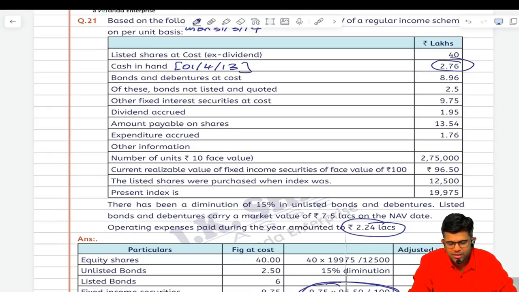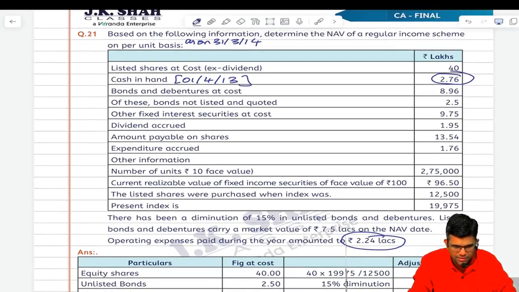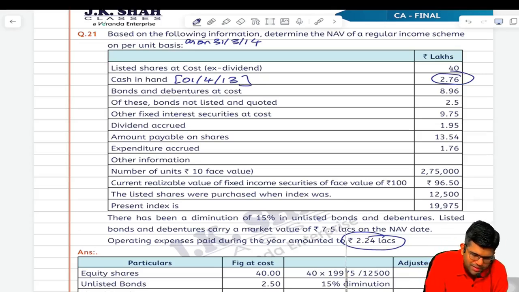Okay. So in the notebooks, just write question 21 solution in textbook, and below that write one note. Ready? The note please write down. In case the cash balance given is opening cash balance,